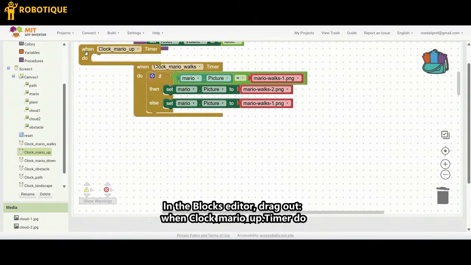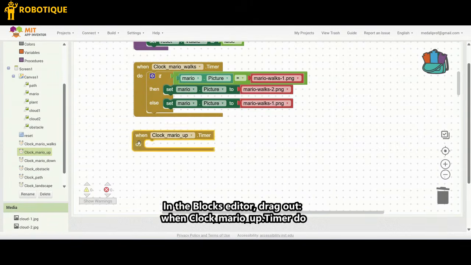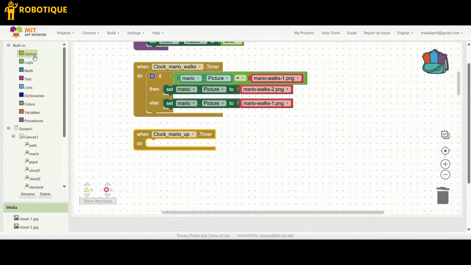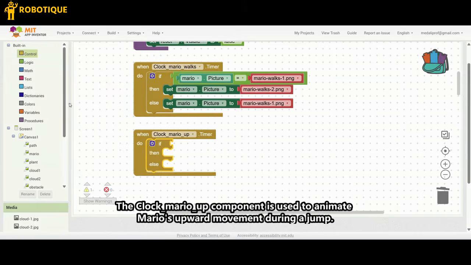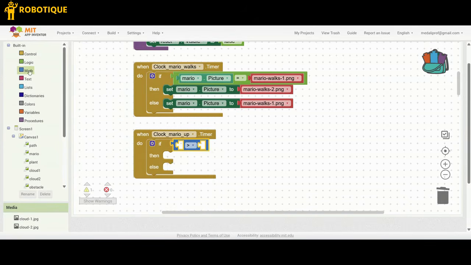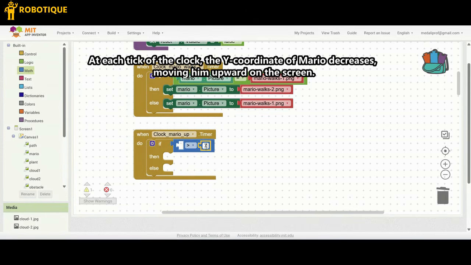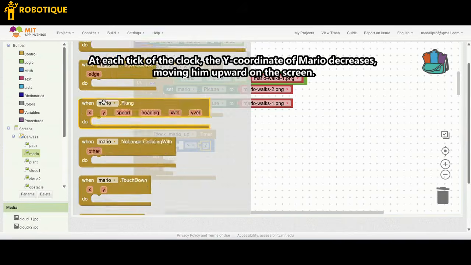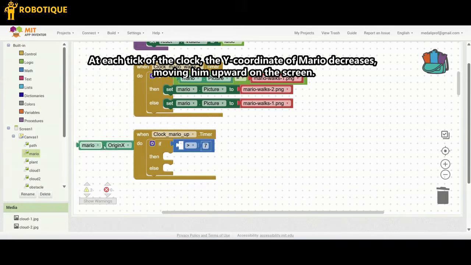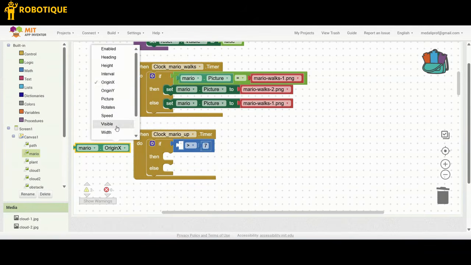In the blocks editor, drag out when clock_Mario_up.Timer do. The clock_Mario_up component is used to animate Mario's upward movement during a jump. At each tick of the clock, the Y coordinate of Mario decreases, moving him upward on the screen.